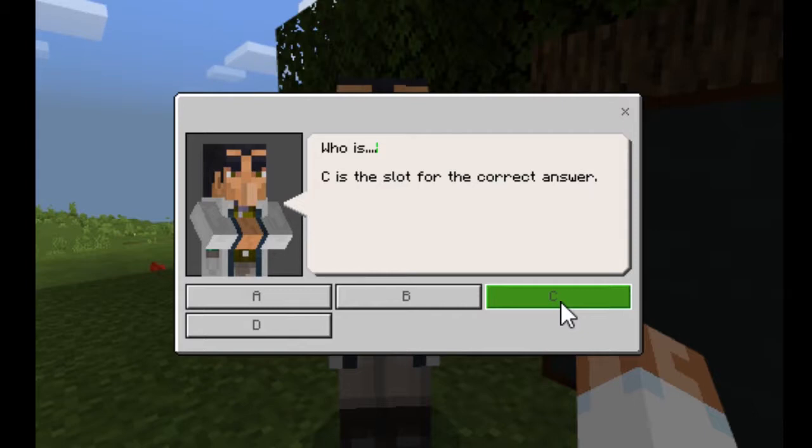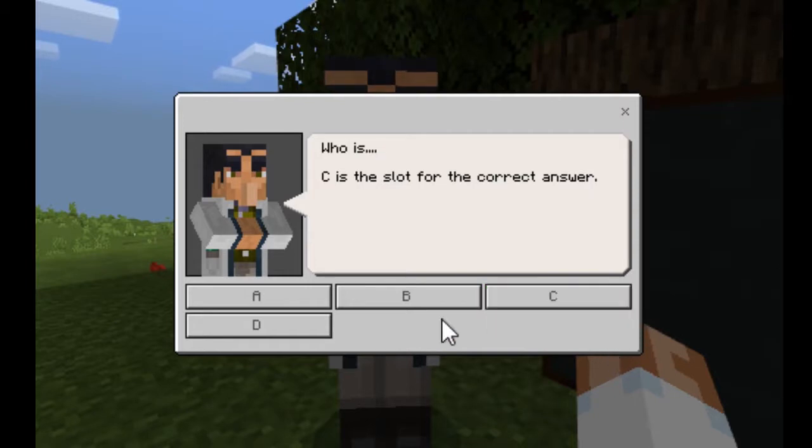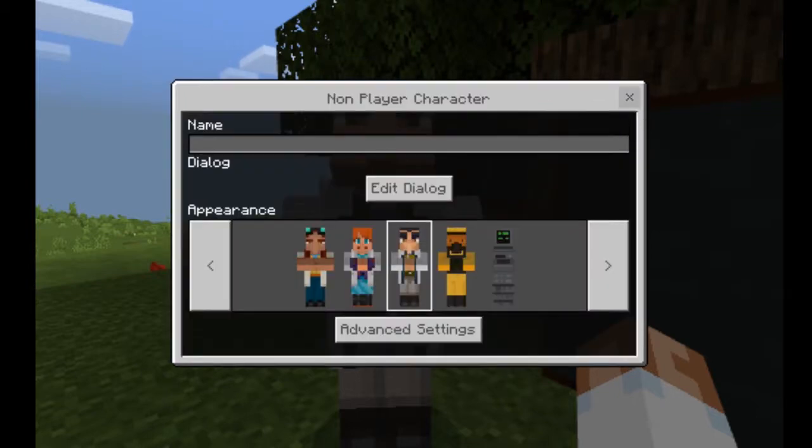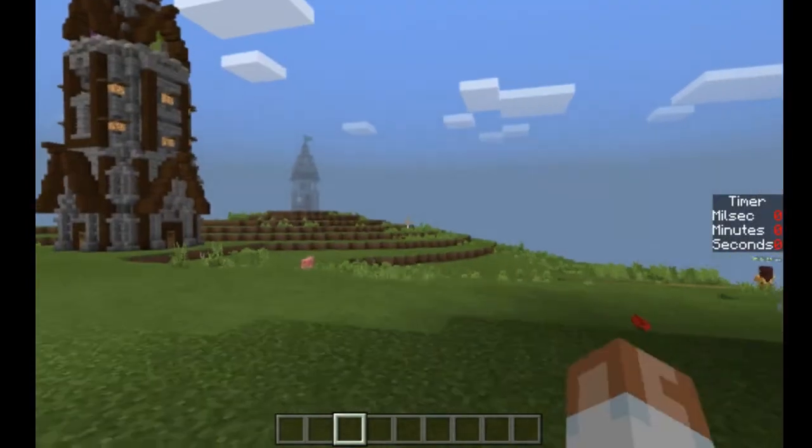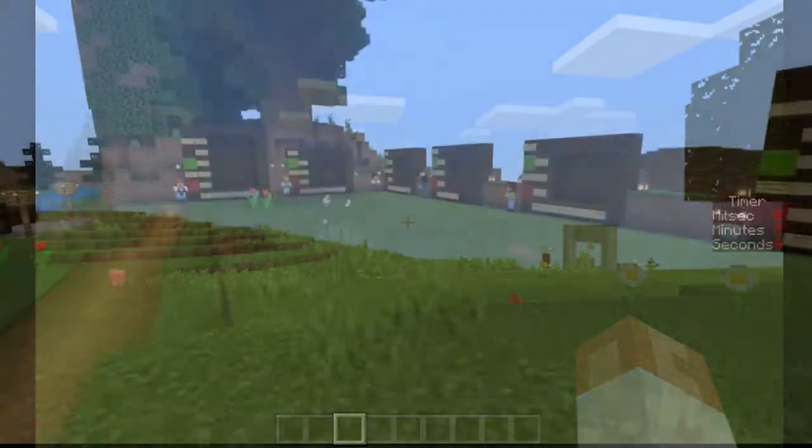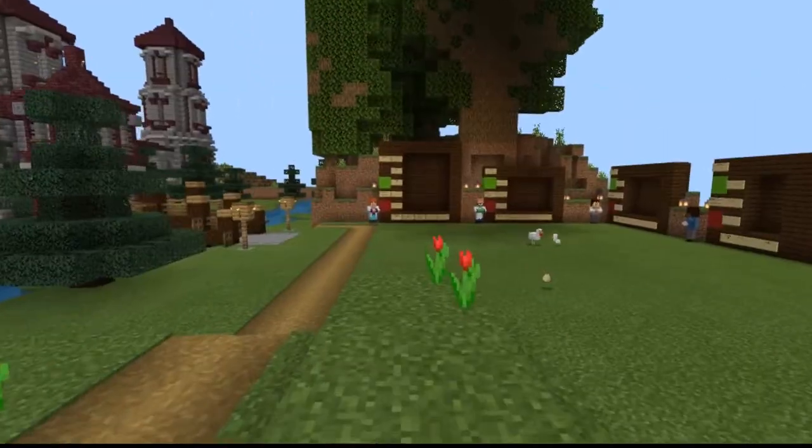A correct answer will give students a speed effect, which will speed them up. An incorrect answer will slow them down. Now if a student decides just to go in and start clicking answers, all of those effects will just add up, so they'll still be slow. That's the reason why I built in the time function,